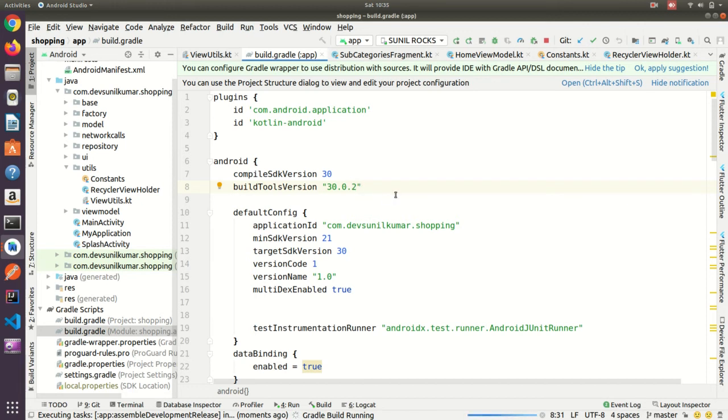If you lose your JKS file, then you are not going to be able to upload. In the Play Store, if you want to update your build, you need to create another build with an increased version. Right now the version code is 1.0, so you need to increase it and then you can create another build. For creating a build, you need the JKS file and password. If you change your JKS file and password, your application is not going to update in the Play Store. So make sure you keep them safe.